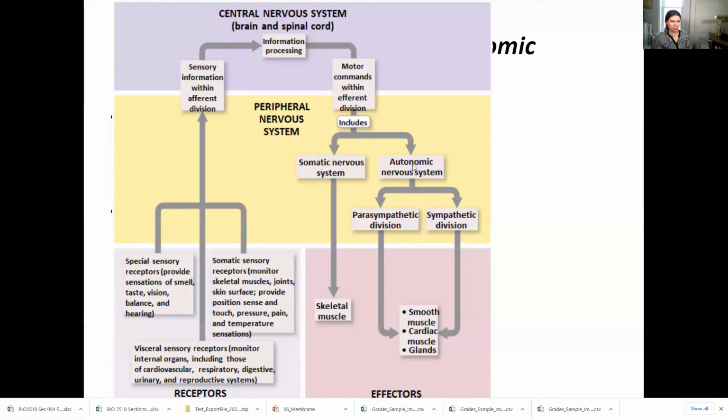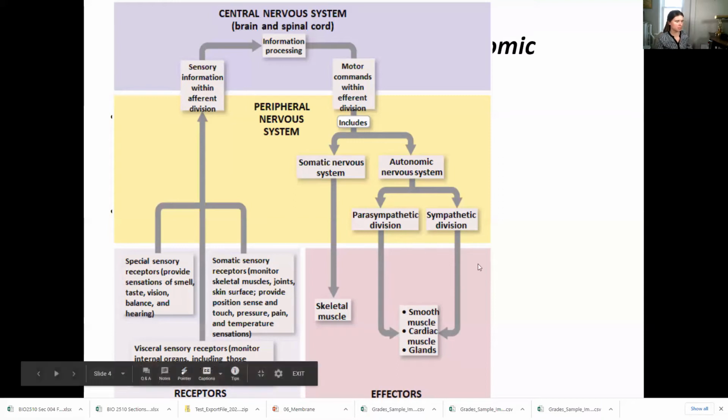I realize autonomic isn't on your list. Probably should have put it on that list, but you would have the two divisions here, parasympathetic versus sympathetic. And then we have some examples of effector organs. So I think I gave you skeletal muscle and smooth muscle. So at any point here,